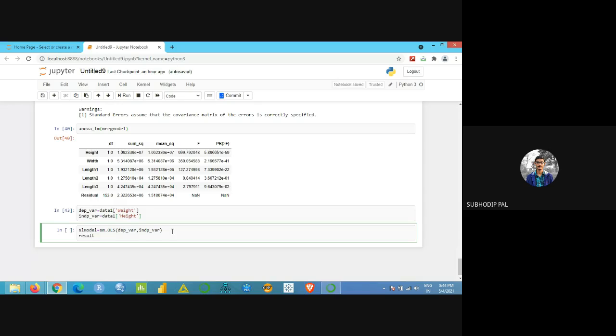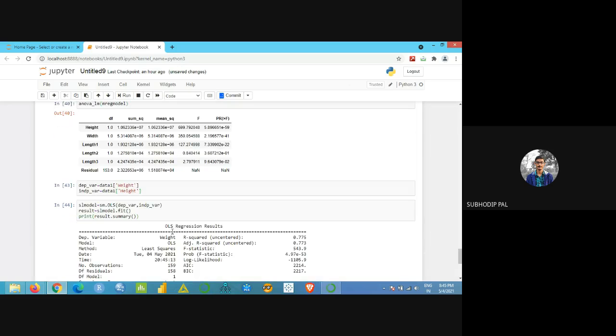Result equal to SL model dot fit, open and close parentheses, then print result dot summary. I want the summary of the result.